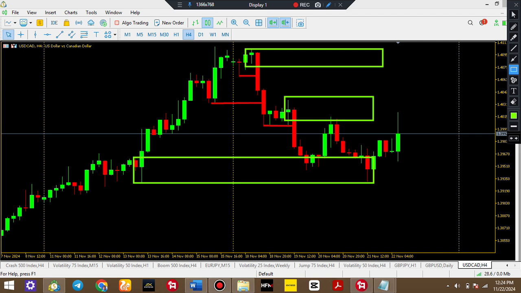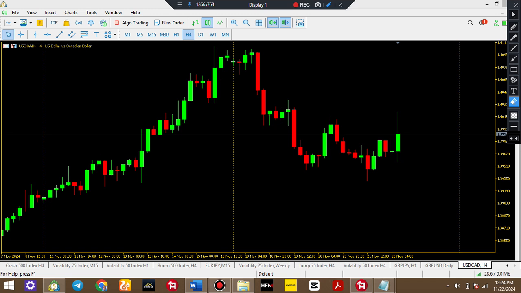Now, this H4 bullish order block, you can still go as far as refining it on your lower time frame, because you can't just come here and take your entry immediately. Since you've identified a bullish order block here, for you to be sure that it is going to be a valid one, you can go as far as your 15 minutes or 5 minutes or probably your 30 minutes for refining it. So you come down to your 15 minutes.